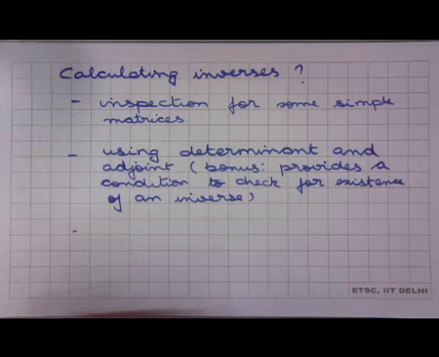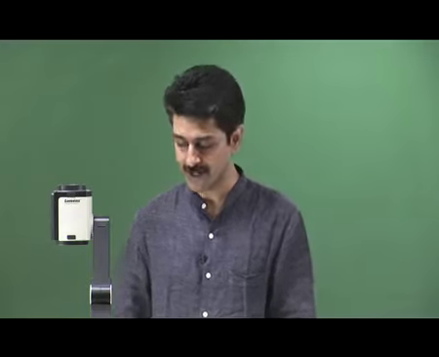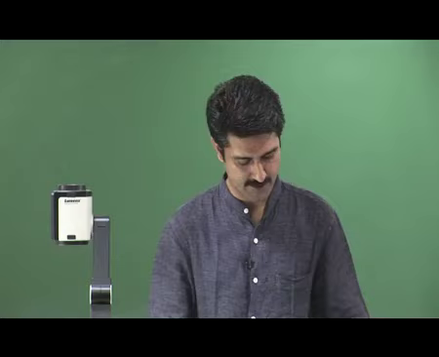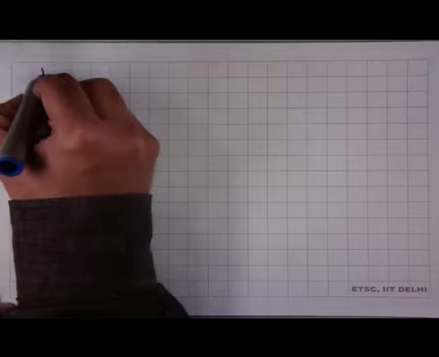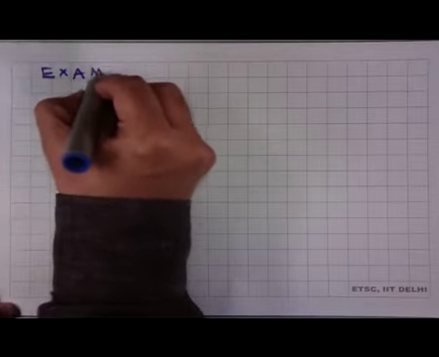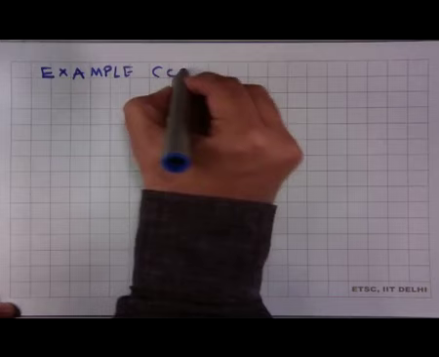There are perhaps other ways also, and just to complete this subject, I just wanted to present a simple example. If you have a matrix A which satisfies a polynomial equation, in some cases that can also be used to calculate the inverse. So, in particular, if we continue the previous example,